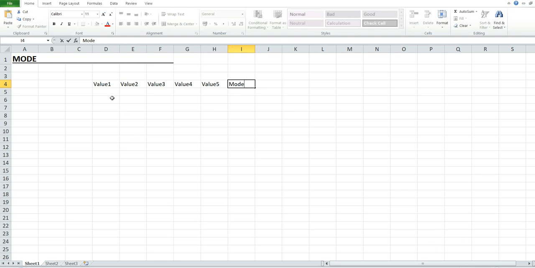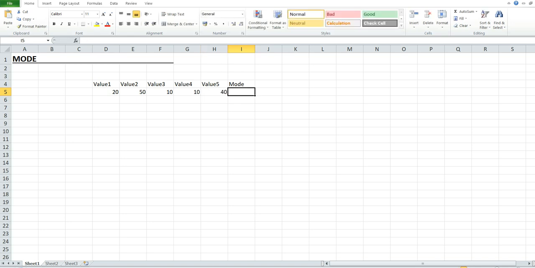Let's enter the values for value 1. So we have 20, 50, 10, again 10, 40.